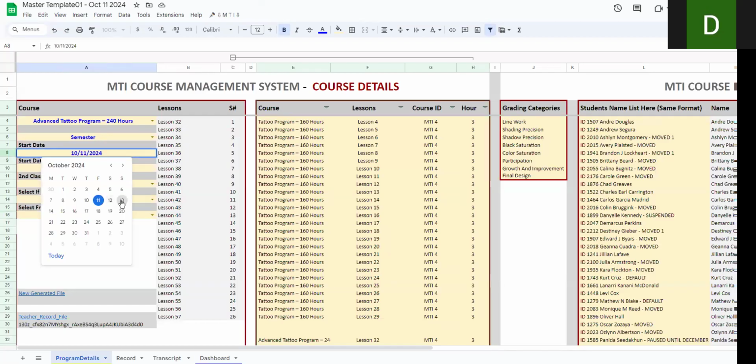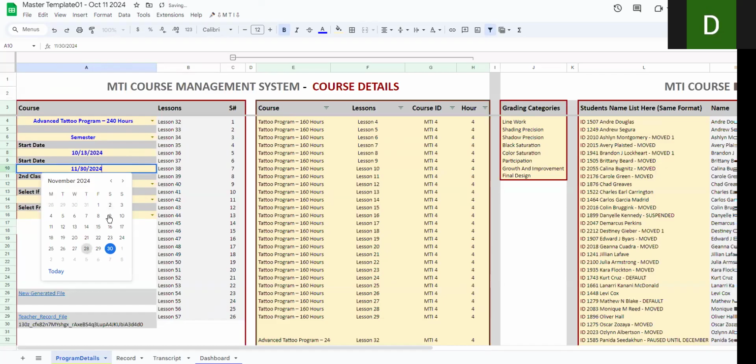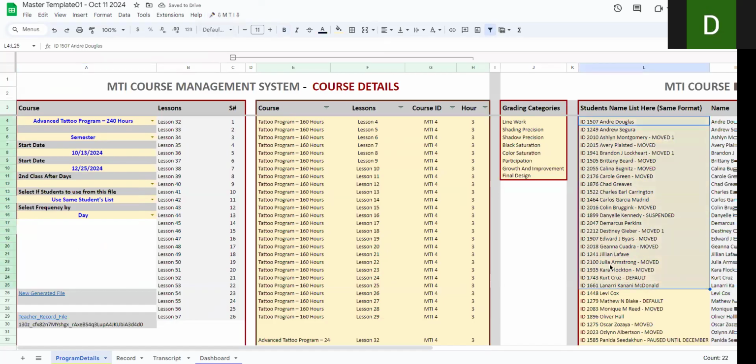Maybe I can select a different date. Now I'll go back and I want to use the same students because I don't have a copy, so I will still use the same students. But if you want to select the same students, this will give you empty fields in the new course, which you need to fill out. But I won't be wasting time on that. So I'll click on create a new course,